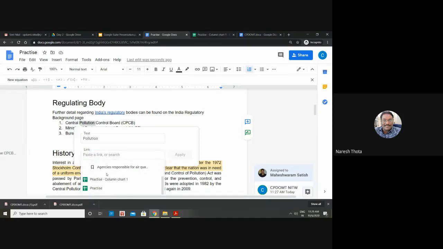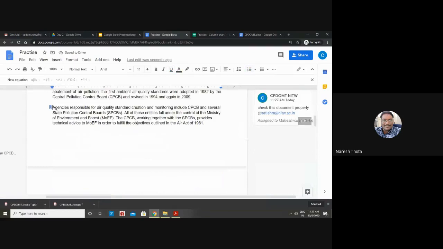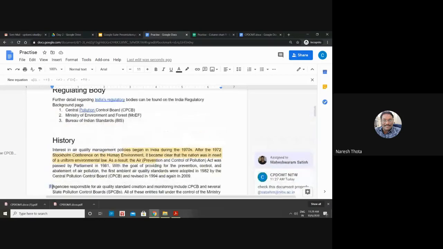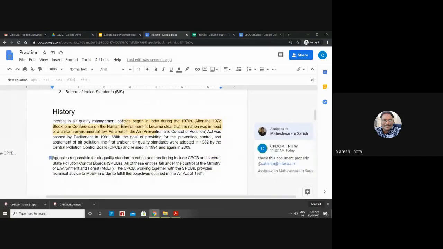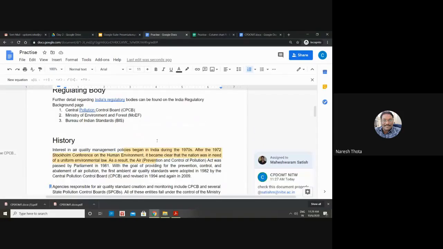Now you see agencies responsible. If you apply, it will come. So if I click this one, it will go to the concerned bookmark. So this is also another way of linking. Instead of just headings, you can also bookmark some of the statements or your figures where you will be directly redirected. That is another feature. Are we clear so far?